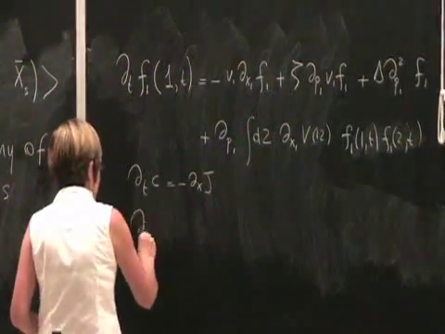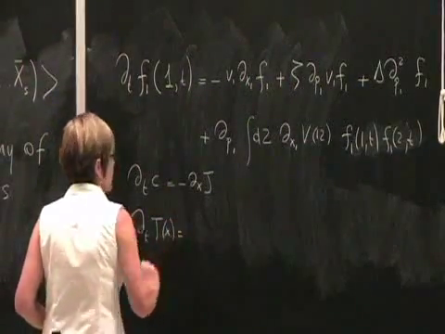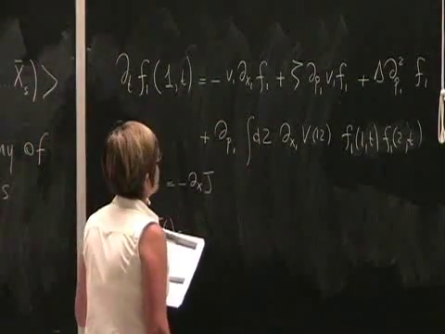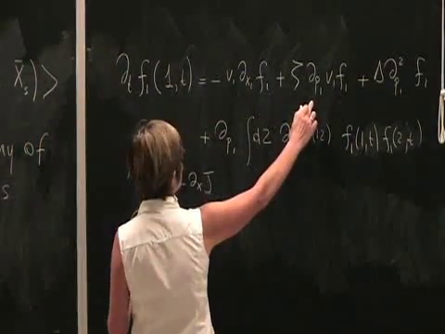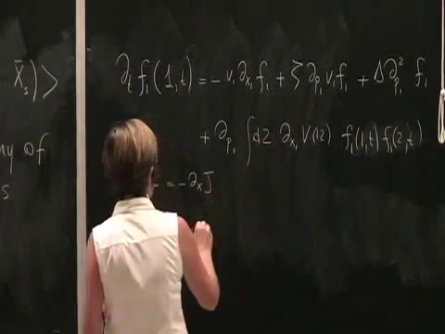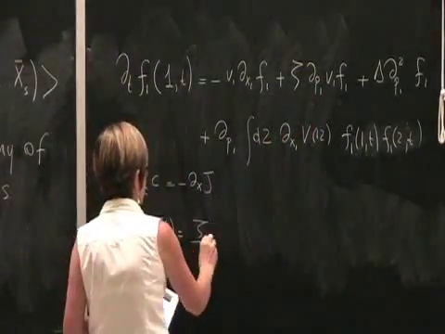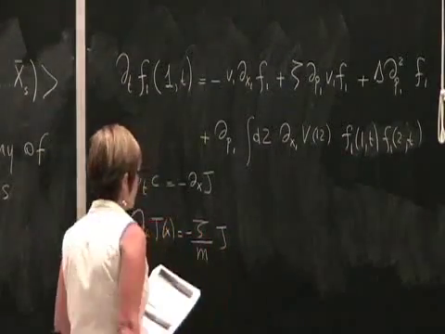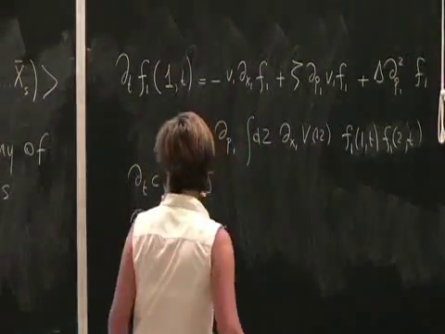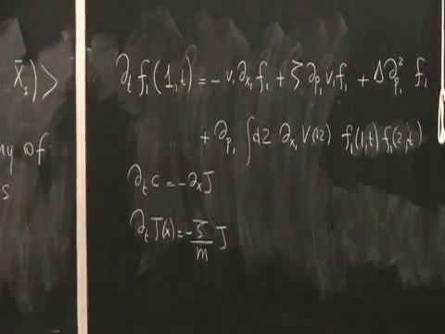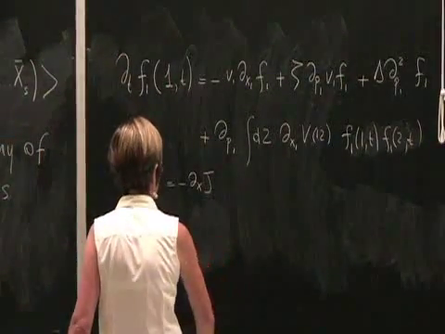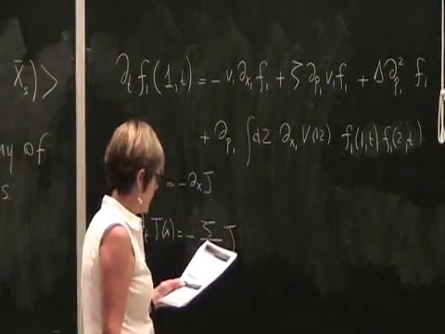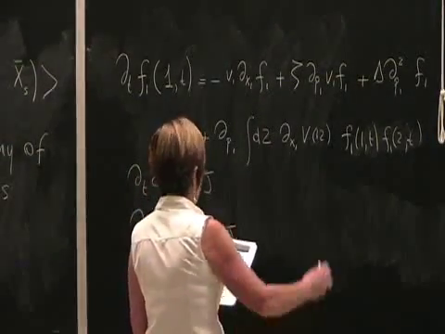And then I take the next moment to get an equation for the current. And here it's a little bit tricky. Well, this term is really easy, so let's do that first. I have a missing factor of mass in the notes, I should say. So there is a minus zeta over m j. That's what you get when you write it a little better. So there is a missing factor of m in the notes in this first term. Then I have, well, that term is,